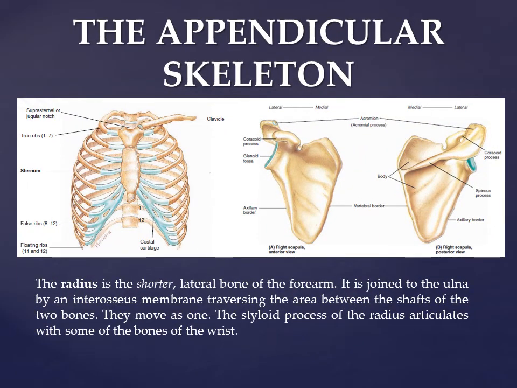Right radius and ulna. A, anterior view. B, posterior view. The radius is the shorter, lateral bone of the forearm. It is joined to the ulna by an interosseous membrane traversing the area between the shafts of the two bones. They move as one. The styloid process of the radius articulates with some of the bones of the wrist,